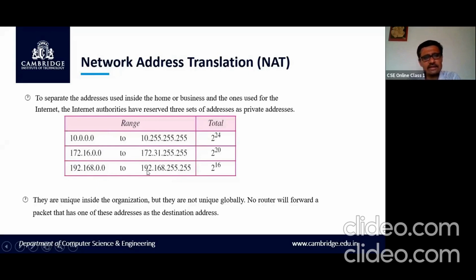Of course, this can be repeated by another organization anywhere in the world, because these private addresses are only within that network. The packets coming out from this are not going to the internet hosts. Similarly, if the same IP address is used in some other place in the world, the packets created by those hosts will not come to the internet again. So that is why they are reusable.